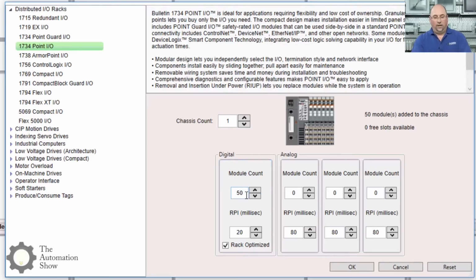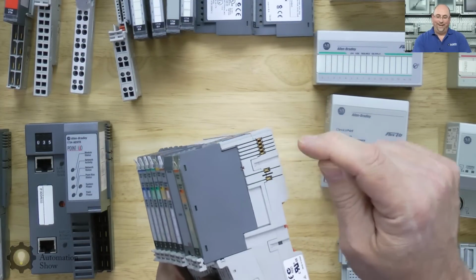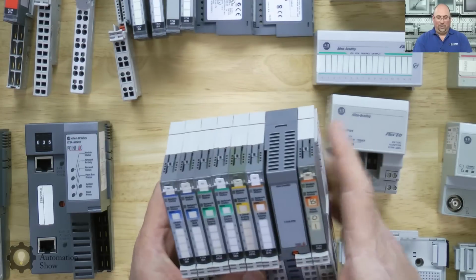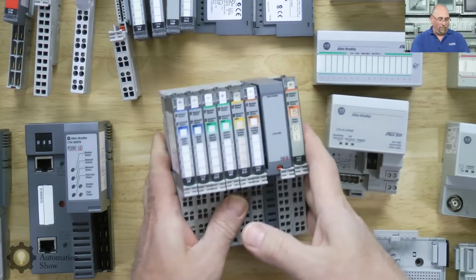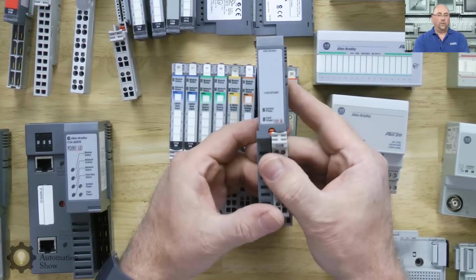But in any case, I can have 63 modules, theoretically, in a system. However, this little bus here for the power for the modules is not big enough to handle the power for 63 I/O cards. So that enters in another part that we need, and that is called the